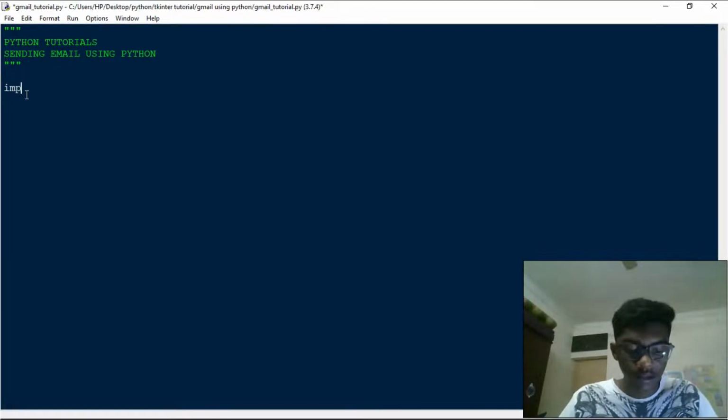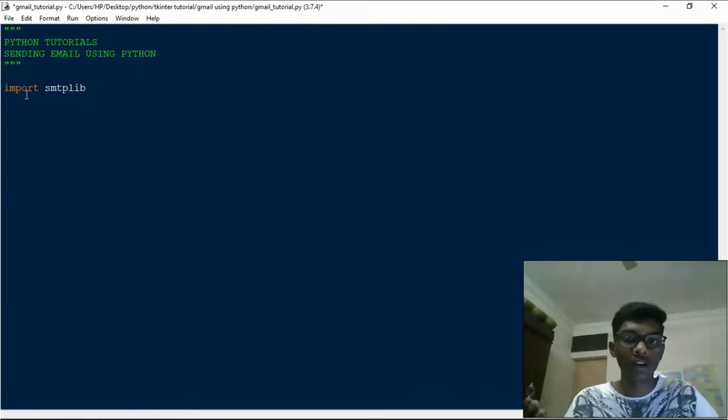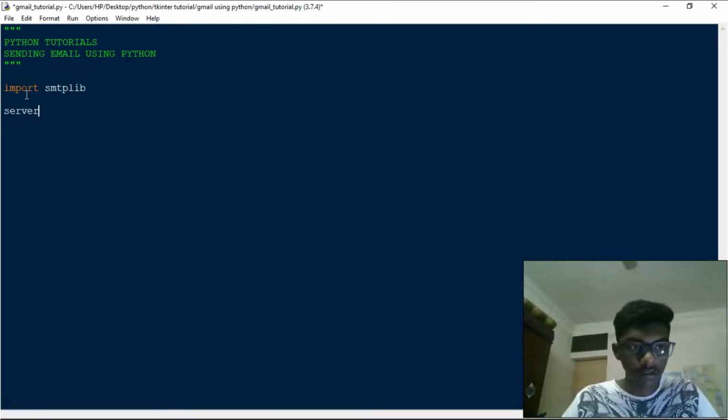Okay, so the first thing we are going to see is using the SMTP library. First, you have to import the smtplib library. What this does is import the module inside your program so that you can use its functions. Next, you have to create a connection using a particular port. So I'm going to create a server variable which is going to create the connection for us, using smtplib dot